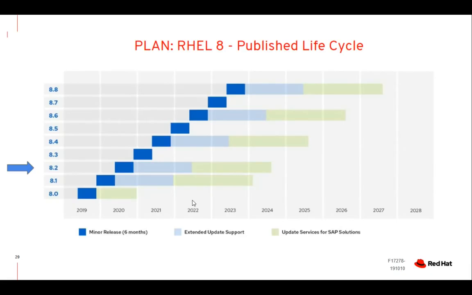This is the published life cycle of Red Hat Linux 8. Currently, as I said, we are into 8.1, and in the second half of 2020, there will be 8.2, and so on and so forth. Something which is very important to note here is that any version of Red Hat is supported for 10 years. Once a particular version is supported for 10 years, it brings in a lot of stability to whatever projects a customer is doing, whatever kind of products the companies are developing on top of Red Hat Linux, Red Hat offerings, which is a very, very good thing because it brings down any kind of operational costs later on.